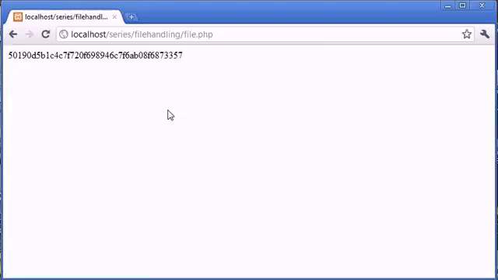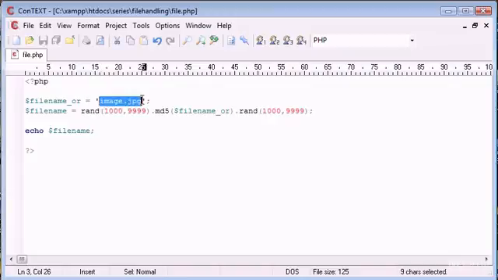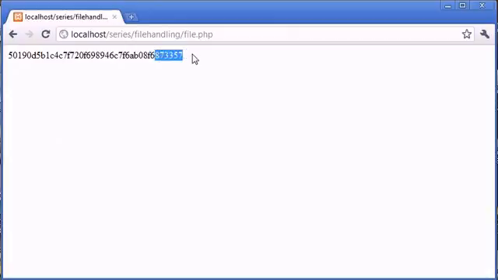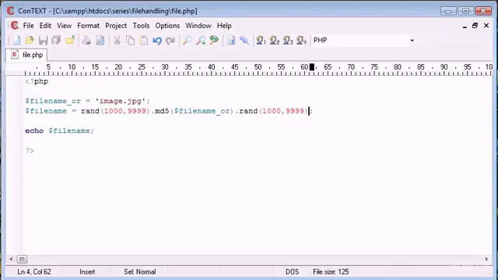Okay, so this is the random file name that we may have generated to save on our server. So let's say the user, the first user, uploads an image called image.jpg. Everything's fine, the image is stored. However, what happens if, say, 1,000 users later, someone else uploads an image called image.jpg, and this random number here and this random number here happen to equal the same as what's already been stored here and what's already been stored here. So there's a way we can deal with this, and we need to use the